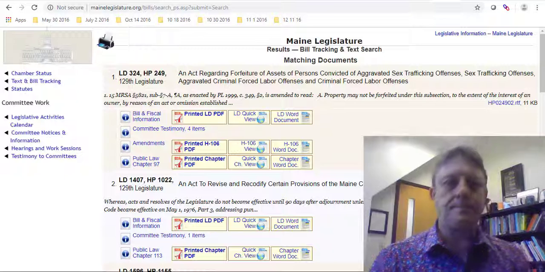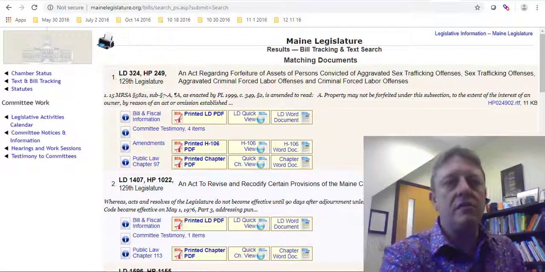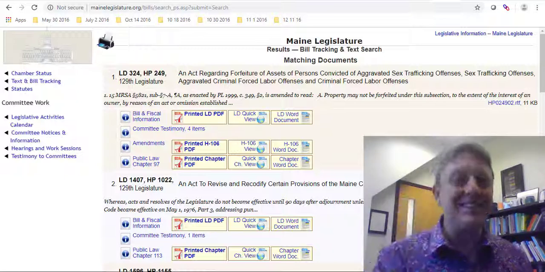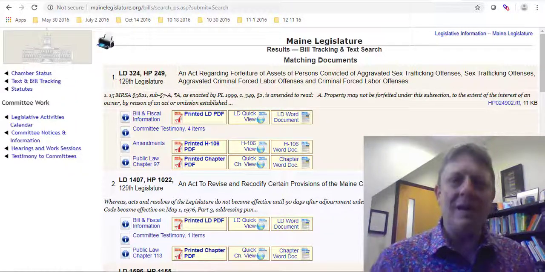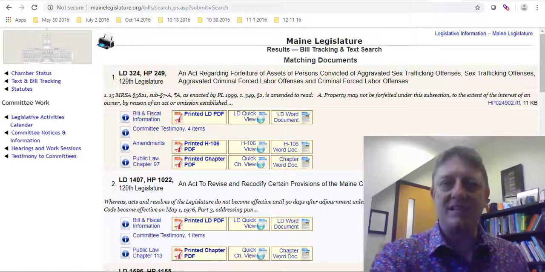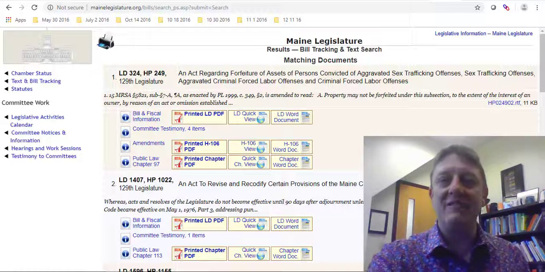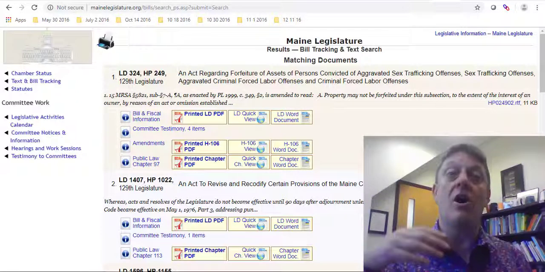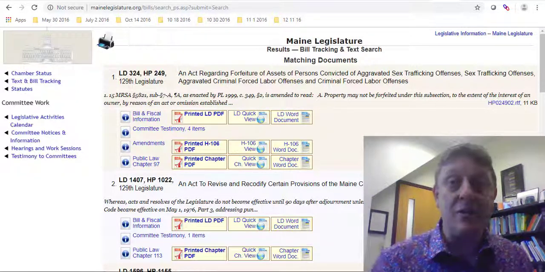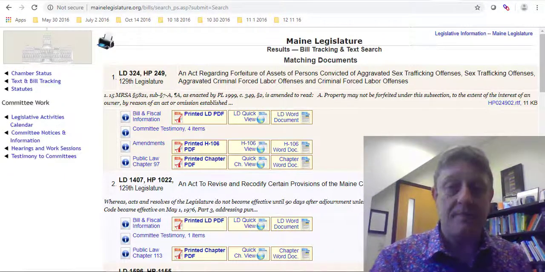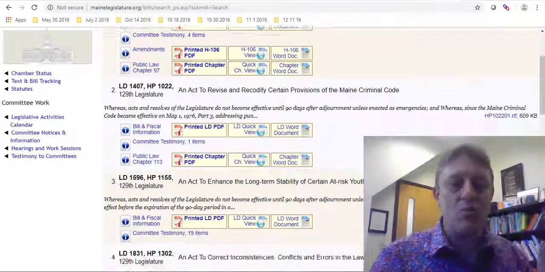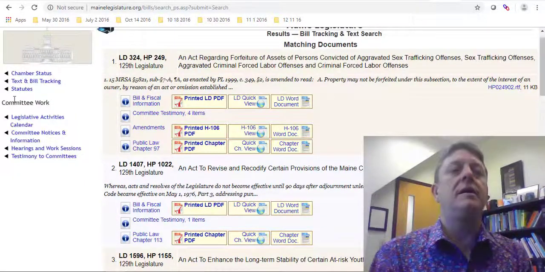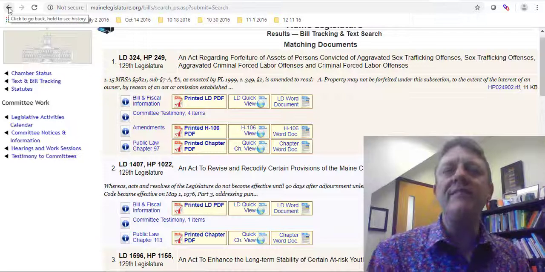Yes, it does. So here's LD 324, which is also House Paper 249. It's a little confusing, I know, but you can work with it. It's an act regarding forfeiture of assets of persons convicted of aggravated sex trafficking offenses, and so on and so forth. Okay, criminal forced labor offenses. This is human trafficking. That's wonderful. It looks like our results here are a little bit more relevant,